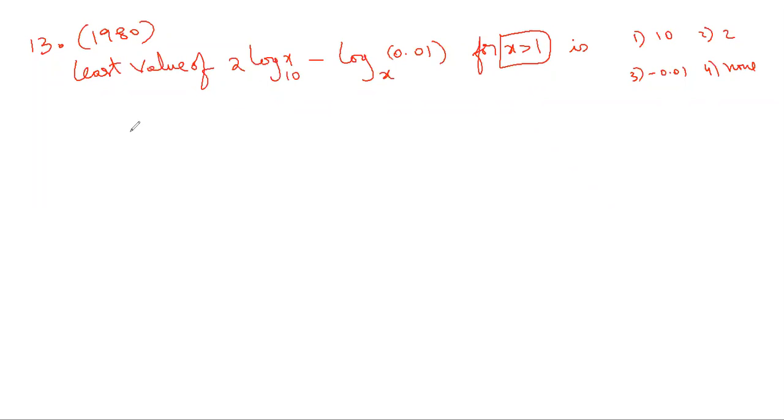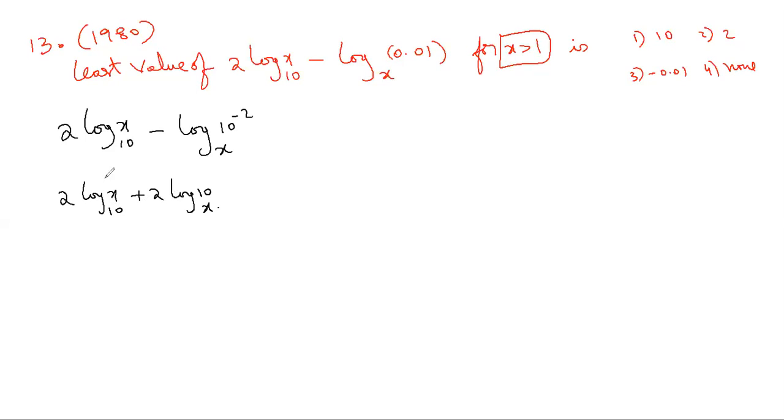So if you simplify this, you can write this as 2 log x base 10. To investigate this expression, if you write this also in terms of log x base 10, then it is easy. That's why let us try to write this in terms of 10 powers. So 0.01 is 10 power minus 2, isn't it? 10 power minus 2 is 0.01. So if you write like that, then it is easy for the calculation. So 2 log x base 10 minus, using the log a power m formula, plus 2 times log 10 base x.